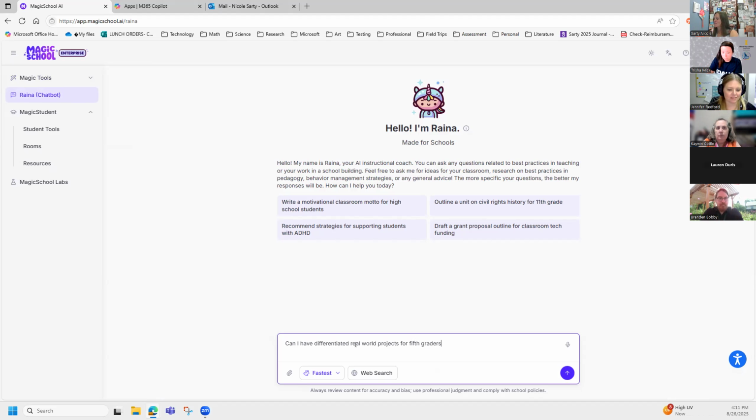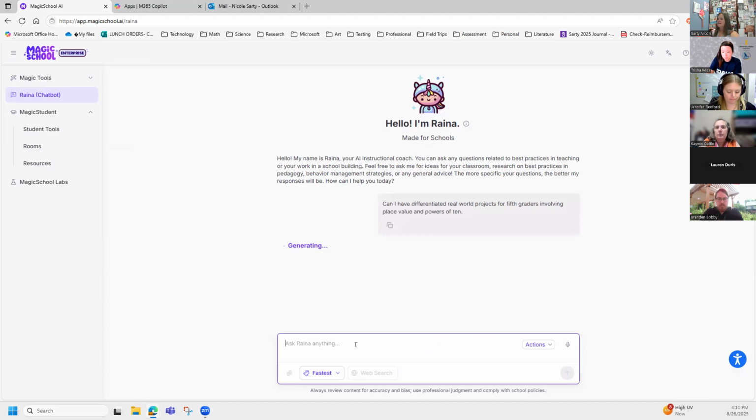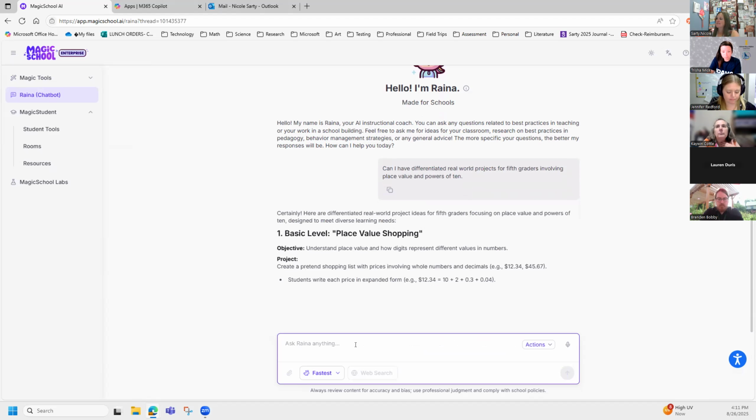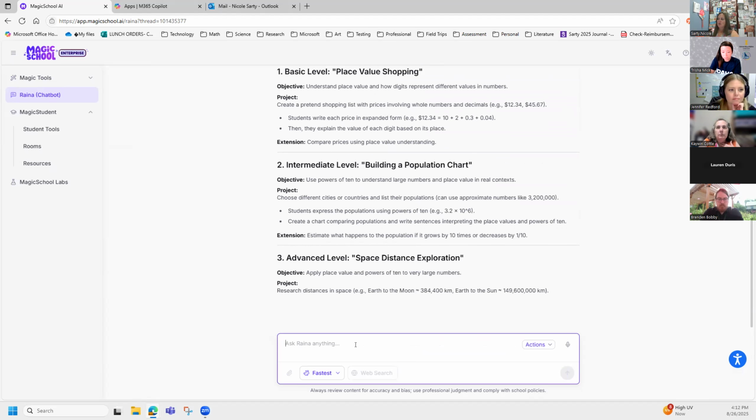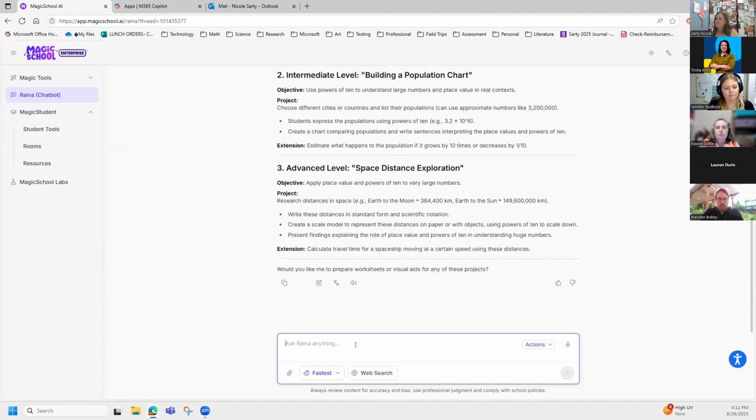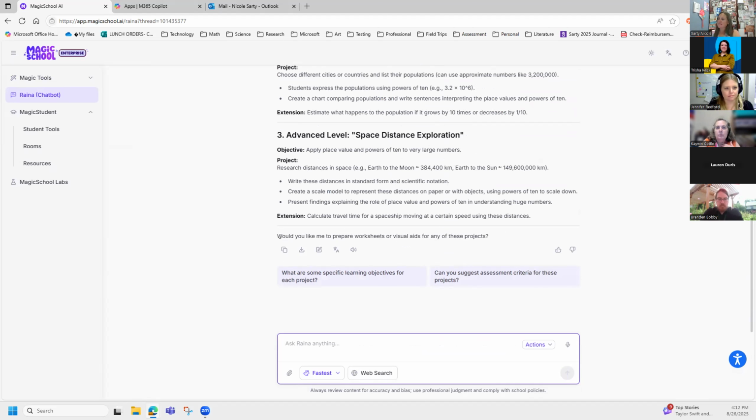For fifth graders on, actually I want to say involving decimals. Oh, no, sorry. Our next one is going to be place value and powers of 10. And then it's going to go ahead and generate 3 differentiated projects, and they're real world projects. I can go through them, I can look at them. But what I really want to do right now, and it's going to ask me another question, prepare worksheets or visual aids. I don't really want worksheets, but what I would like